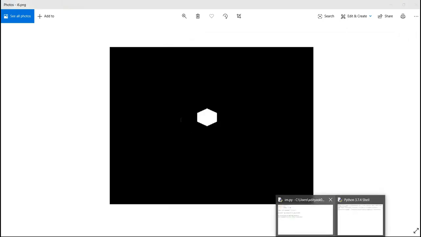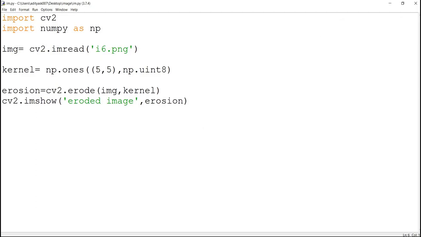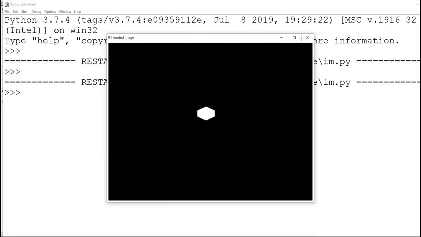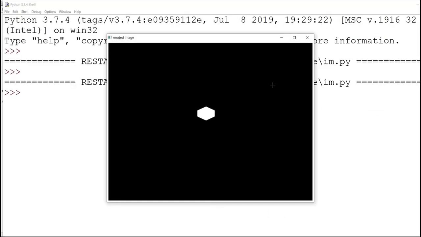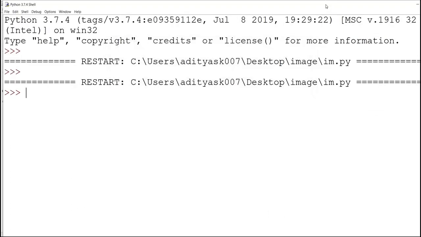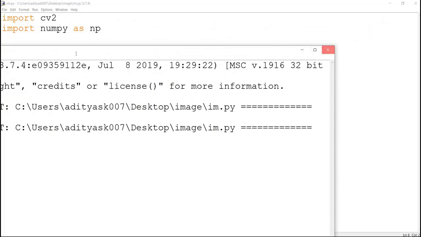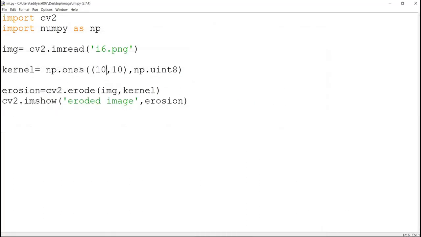Now the next thing we'll do is try to increase this kernel. Let us make it a 10 cross 10 kernel, so we'll see more difference here. See, now still more data is getting eroded. So what if I make my kernel very big? If I make it a 50 cross 50 kernel, a very big kernel,